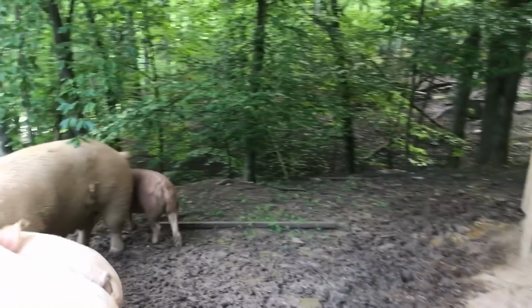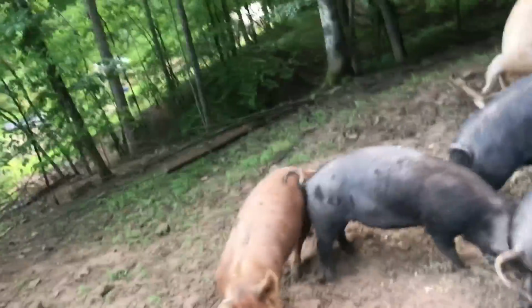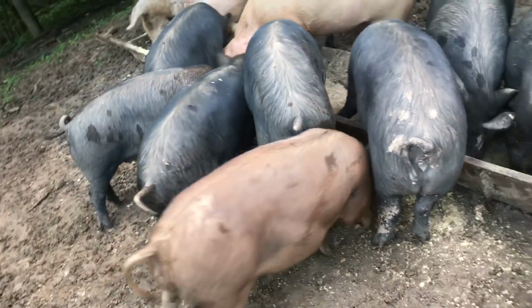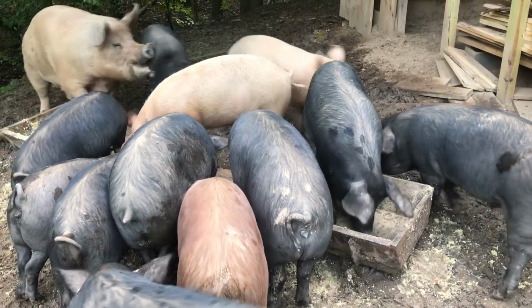And the third one that I'm considering, but she keeps walking away from me, is Red here. So Red is from the younger litter. She is...